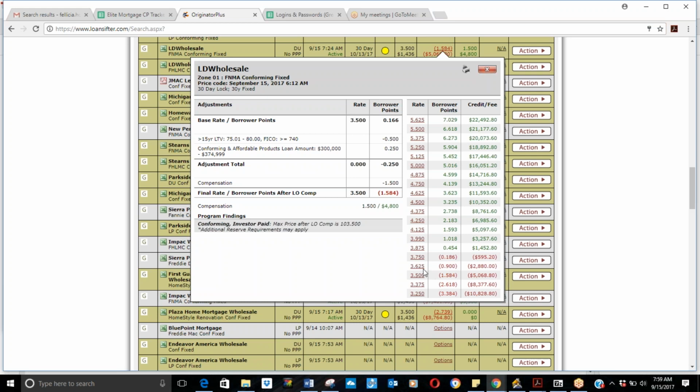But as you start going slightly up in the rate, 3.625, 3.75, 3.875, then you start seeing that the costs for the rate is going down. So it costs 5,000, then we go up an eighth, and now the cost is down to 28.80. We go up another eighth, it's $595, and now we're in the green. Now, once the pricing turns green, this amount of money is what we call a credit, a lender credit to the borrower to pay their third-party closing costs, title, escrow, impounds, anything that's a third-party charge can be paid with